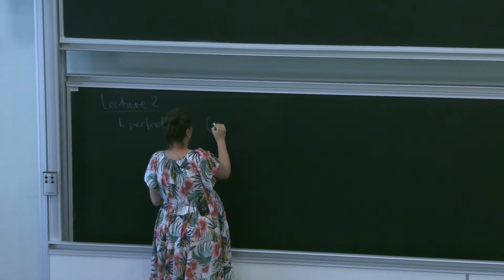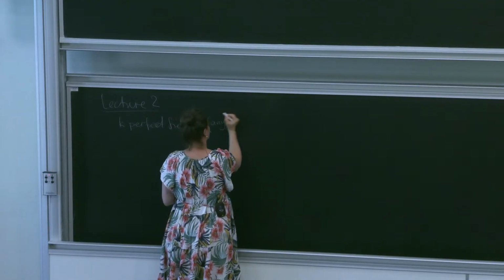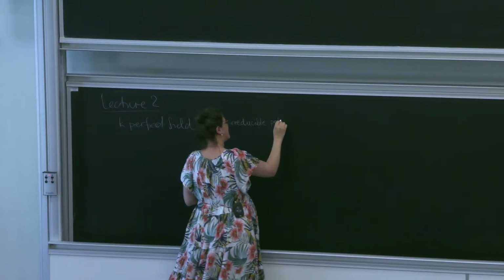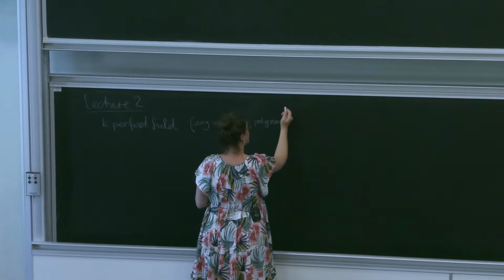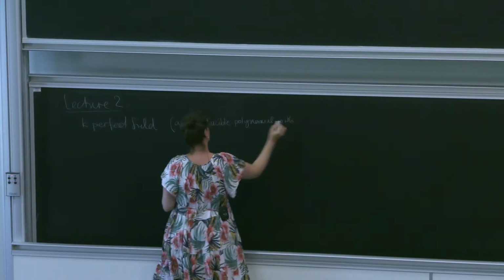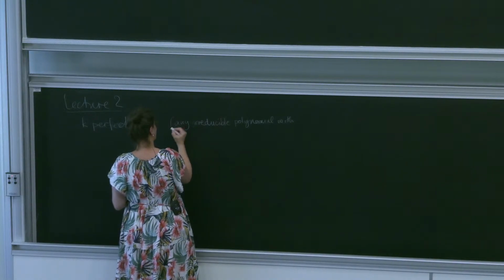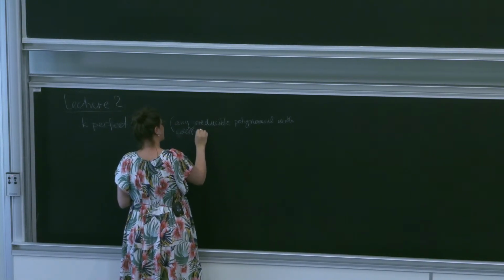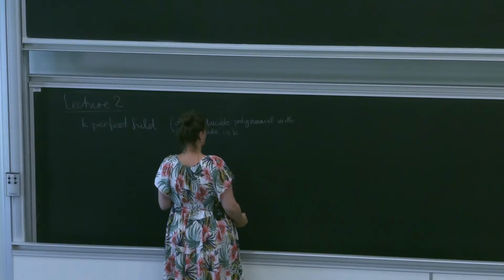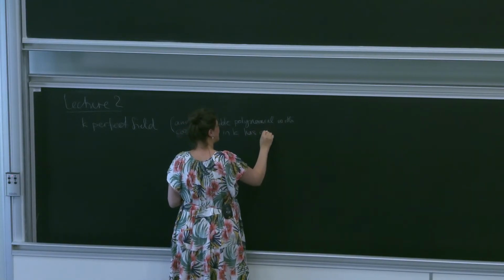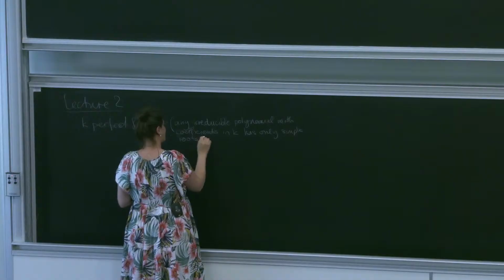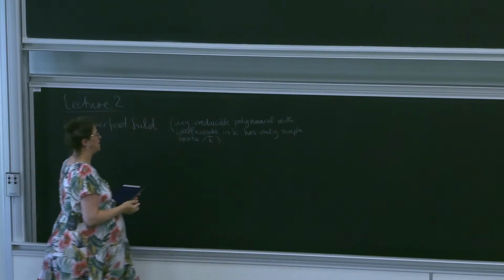So this means any irreducible polynomial over K has only simple roots over K bar. Okay, so